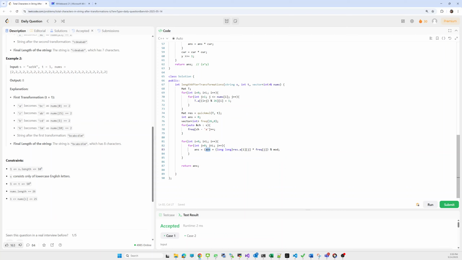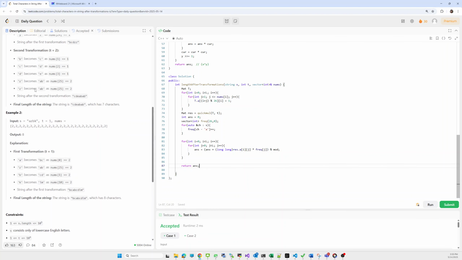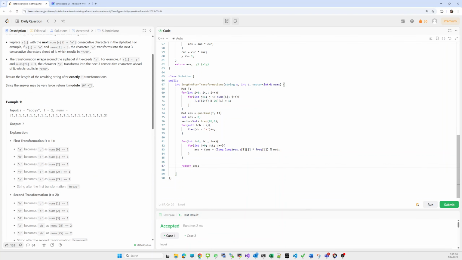So we store all resultant values in a temporary object, and from that temporary object we take the mod, and only when we compress the result into the integer range do we append it to the answer. In the end we return our answer. Because this answer can be very large, that's why we take the mod 10^9+7.